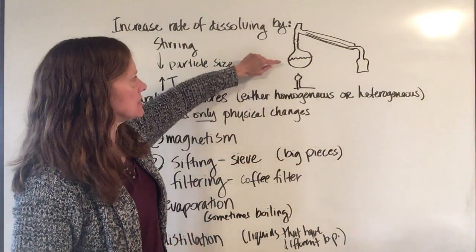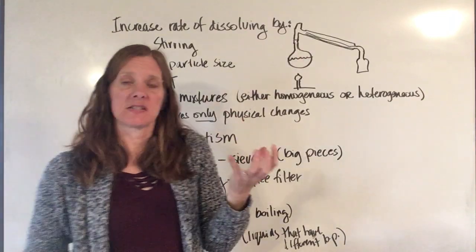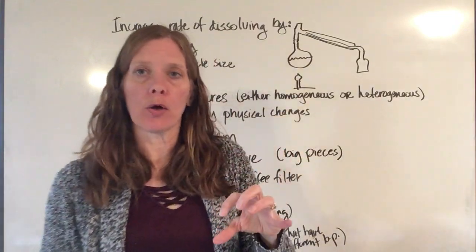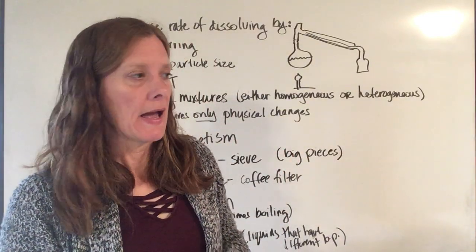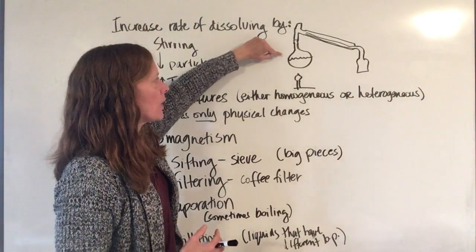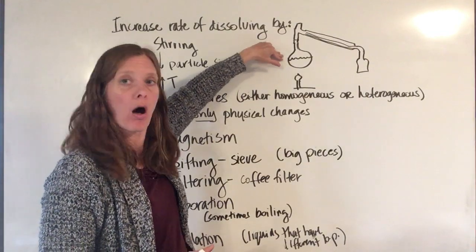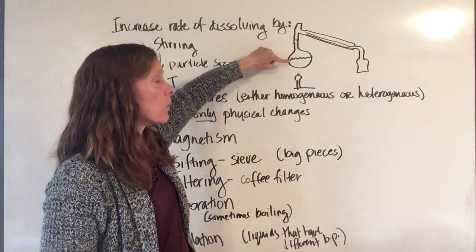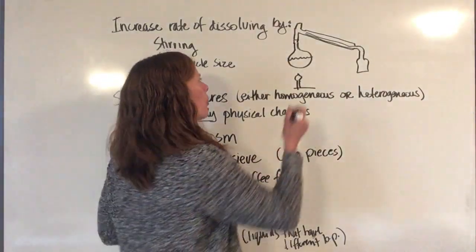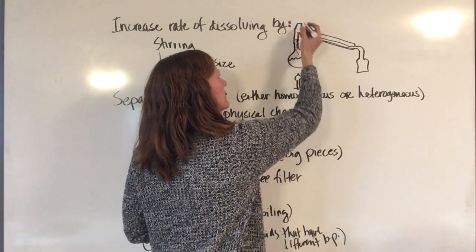So what happens is that you start boiling this mixture, and say it's a mixture of alcohol and water. Alcohol is going to boil before water will. And so if you carefully control what temperature you have it at, you can only raise the temperature enough so that the alcohol will boil first and then the water gets left behind. So as the alcohol starts to boil, it starts going up here as a gas,